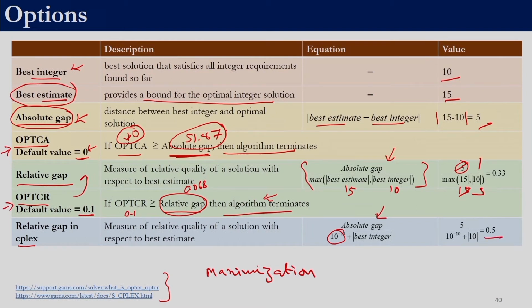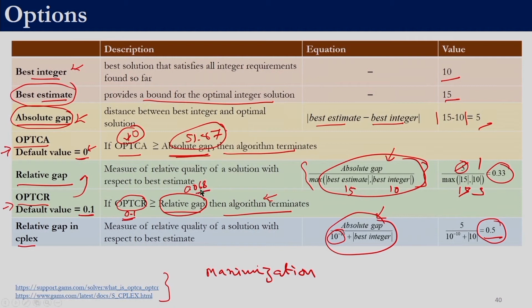So in this case it works out to be 0.5. So depending upon the solver with which we are working, the relative gap would be calculated using this formula or this formula, right. In any case, if this condition is satisfied, that whatever value of opt_cr is set is greater than or equal to the relative gap, then as and when we achieve a relative gap which is less than or equal to the opt_cr, the algorithm terminates, right. So in this case, since this value was 0.1 and this value was 0.068, it terminated, right. So the reason for termination is this opt_cr, right.